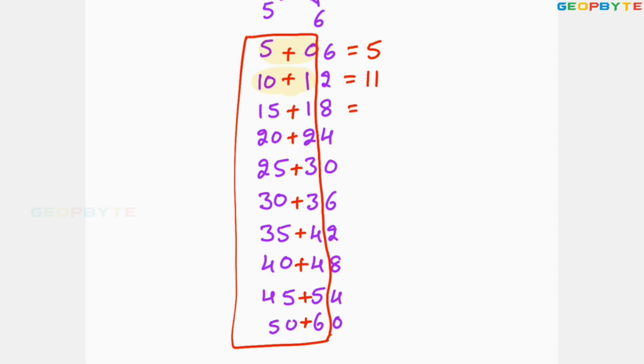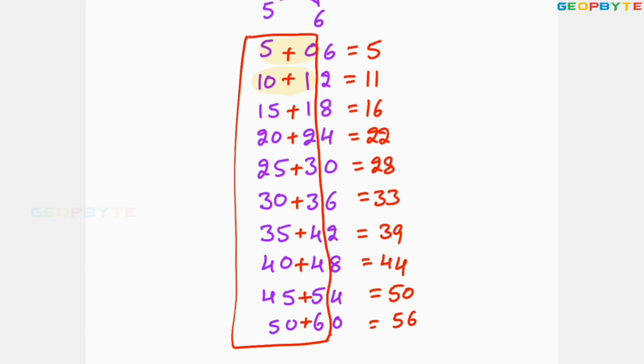Similarly, 15 plus 1 is 16, 20 plus 2 is 22, 25 plus 3 is 28, 33, 39, 44, 50,